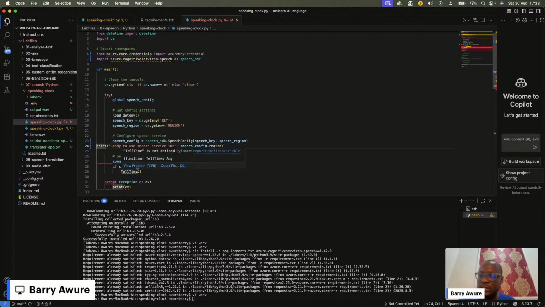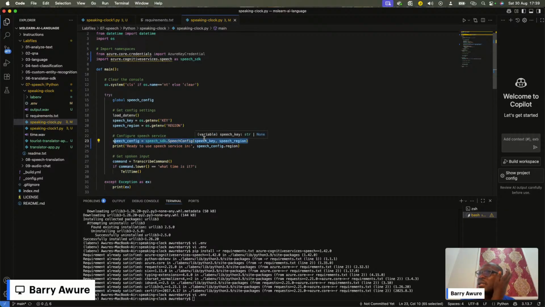I copied that and pasted it in there. Remember we talked about this speech config file that carries the key and then our location, right? It's being referenced here. That is what is encapsulating our key and location, so that we tell Azure which service and which location this speech service is meant for, right?